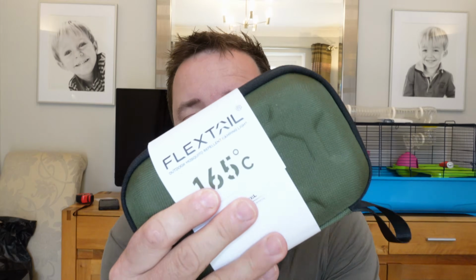Today we're looking at this amazing little gadget, the Flextail Repellent camping light charger thingamy-bob from the guys who do those little camping pumps that I use a lot on my camping mattresses, and I love them. So I purchased this